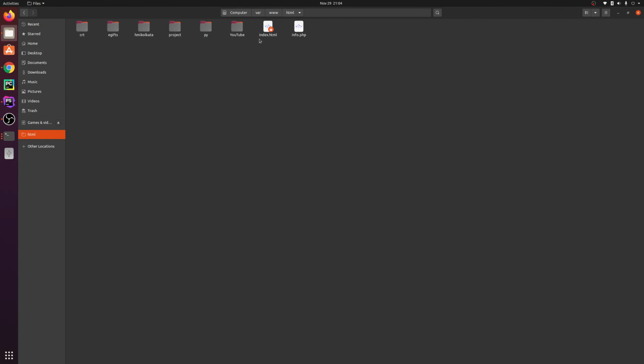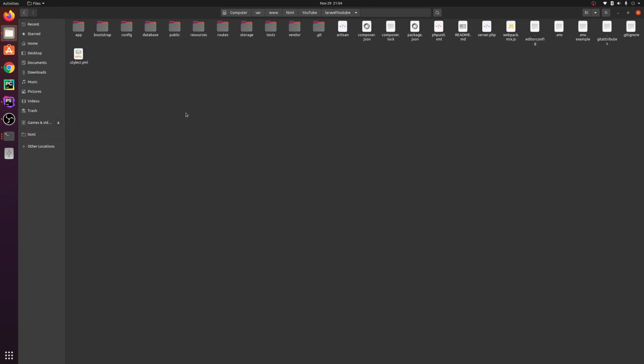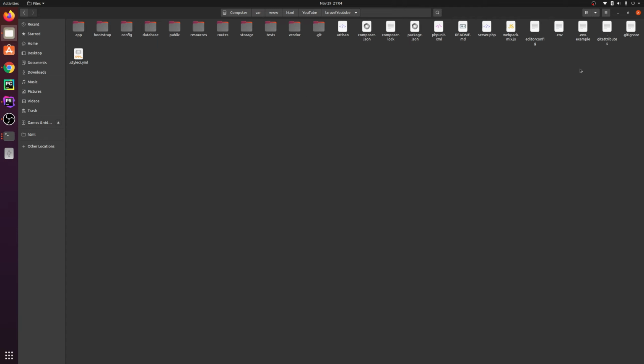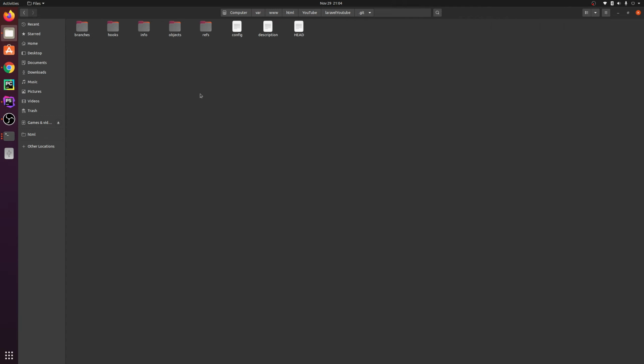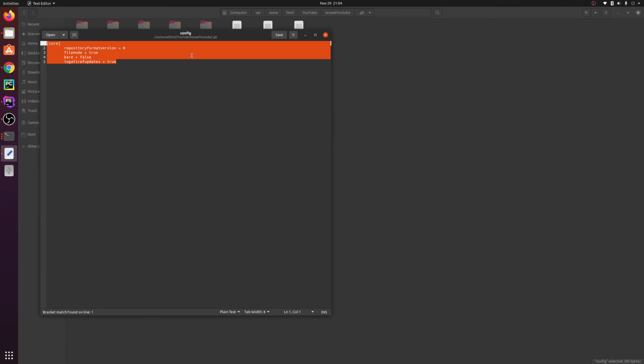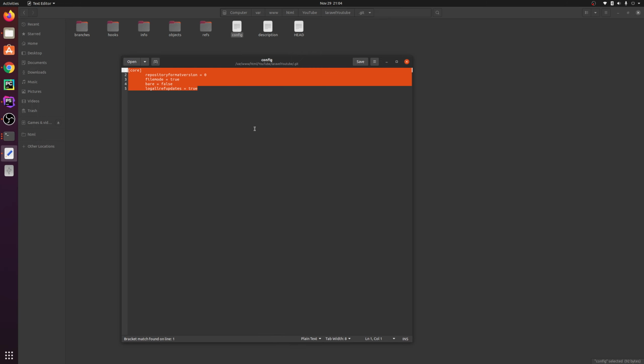Go to your project folder, and in the project folder you will see a .git folder here. If you don't see it, and you're on Ubuntu, press Ctrl plus H and it will show you all the hidden files. So .git, open config, and now you will see there is no URL available in this file, right?